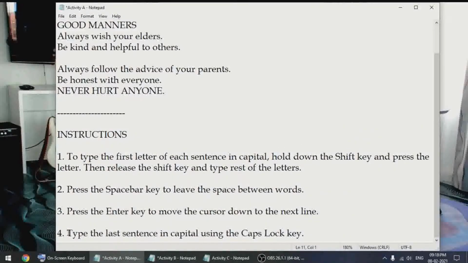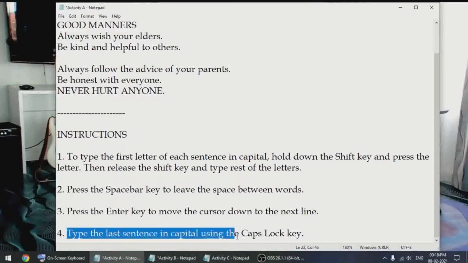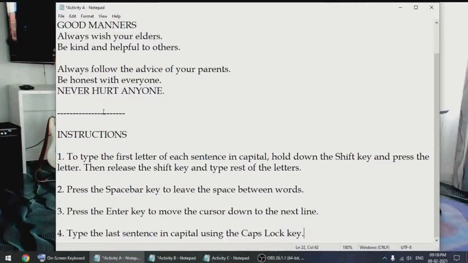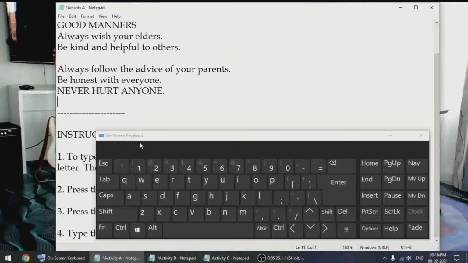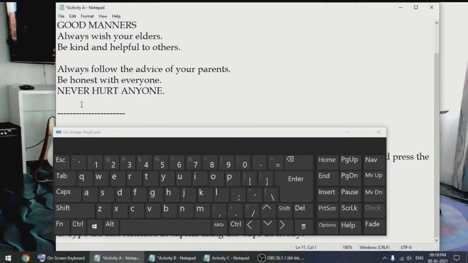Lastly, type the last sentence in capital using the caps lock key. The last sentence is "This never hurt anyone." I'll show you how to use the caps lock key. It is almost like the shift key, but with a little difference. Please note when I press the caps lock key what happens.